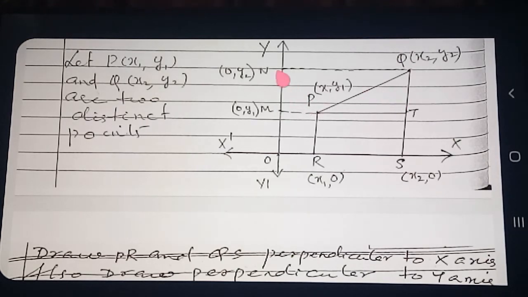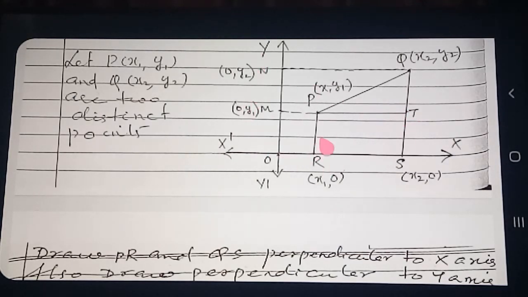And similarly, here also the same process. So this 90, this 90 and this 90. So what will this one be? 90. So it will form a rectangle. Therefore, opposite sides are equal. So, can you find out the value of MN? M and N lie on the y-axis. Therefore, the distance between M and N is equal to the greater number minus the smaller: y2 minus y1. So what is the value of MN? y2 minus y1. If MN is y2 minus y1, then what about QT? y2 minus y1. Did you get it clearly?